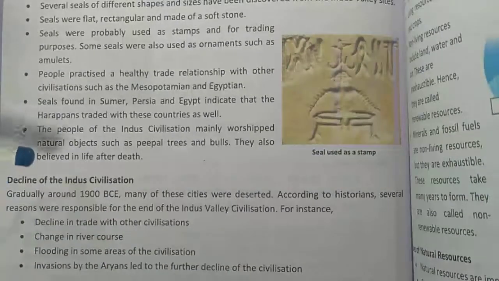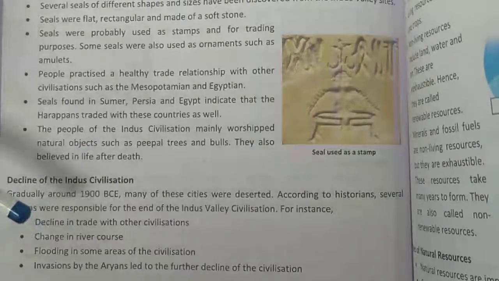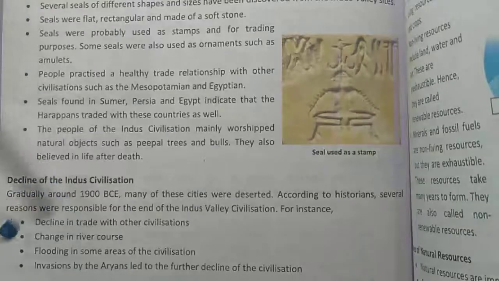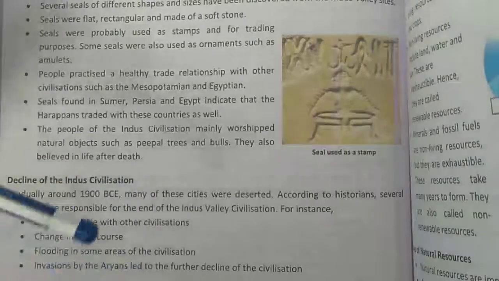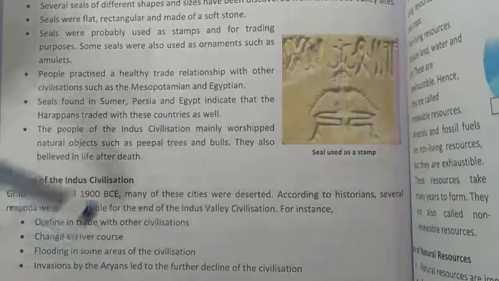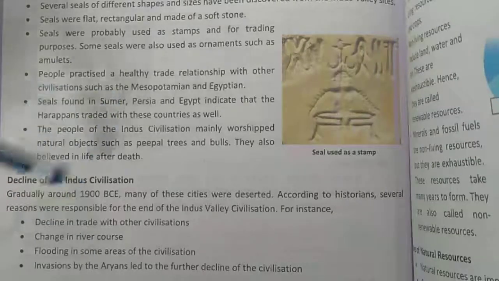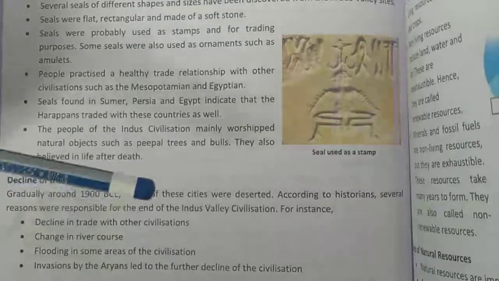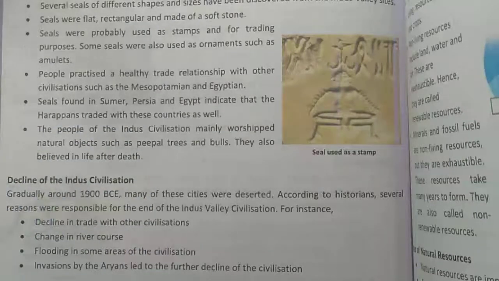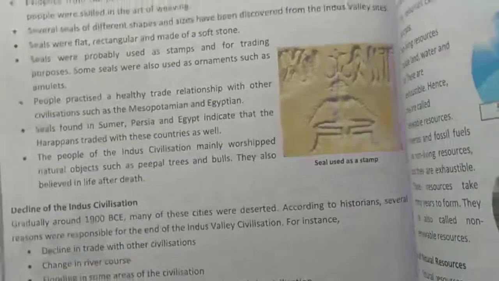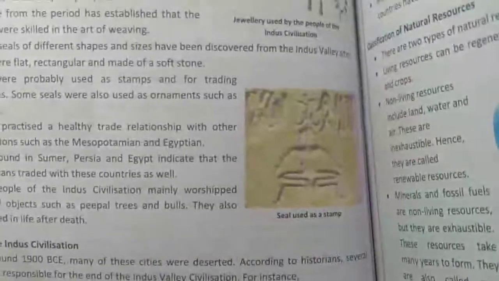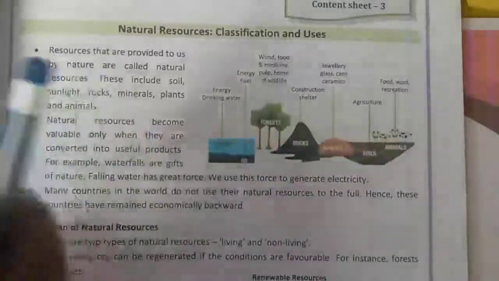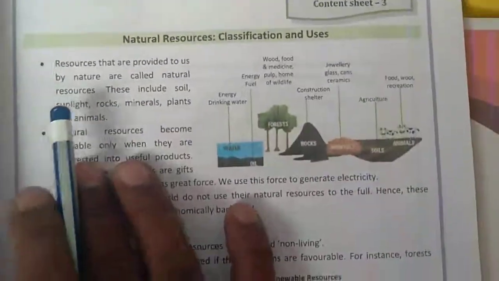After that we learned about the decline of Indus Valley civilization. There were four causes of decline of Indus Valley civilization. First one was decline in trade with other civilizations. Second cause was change in the river course. Third cause was flooding in some areas of the civilization, and fourth cause was invasion by the Aryans, which led to further decline of the civilization. This is how we had finished the study of Indus Valley civilization,